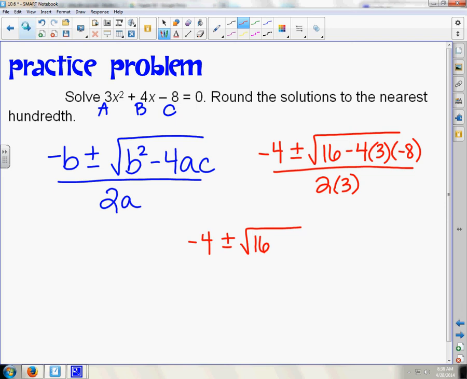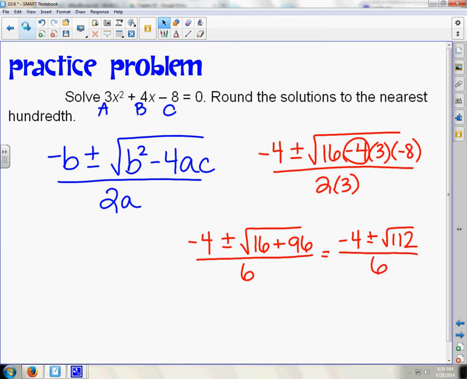So negative 4 plus or minus the square root of 16 minus 4 times 3 times negative 8. So 4 times 3 is 12, times negative 8 would be a positive 96, because this is a negative 4. All over 6. So then I have negative 4 plus or minus the square root of 112 all over 6. Now you're going to take the square root of 112, and it wants me to round it to the nearest hundredth. So I'm going to have negative 4 plus or minus